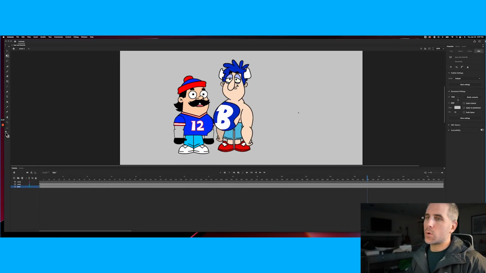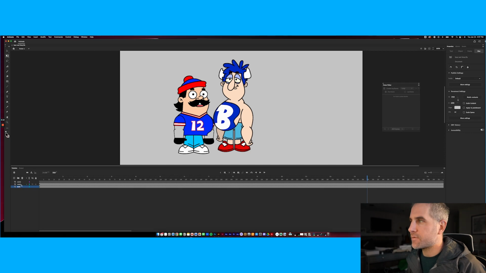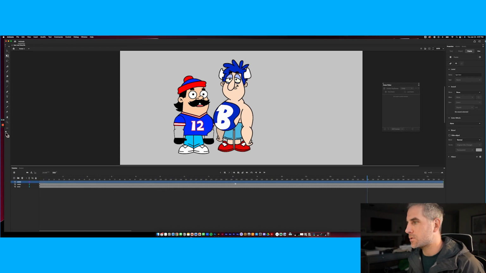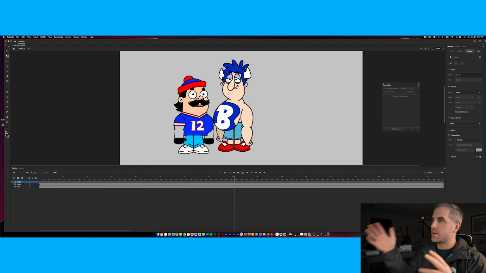Bear's all designed. We're on the outside, the outermost level of these nested character pieces. And you'll see that I have Bear over to the right on a different layer. I have Heiner here. And then I'm going to have an audio track on top of that. And I've stretched out the timeline by inserting frames. Now this timeline is going to match the length of my audio track that I'm about to bring in here